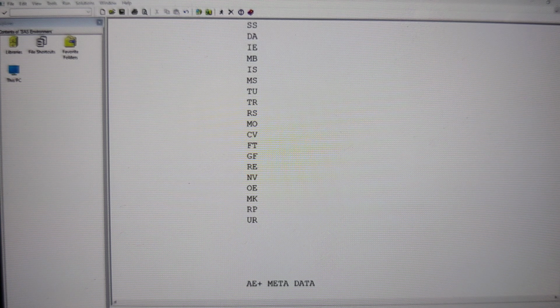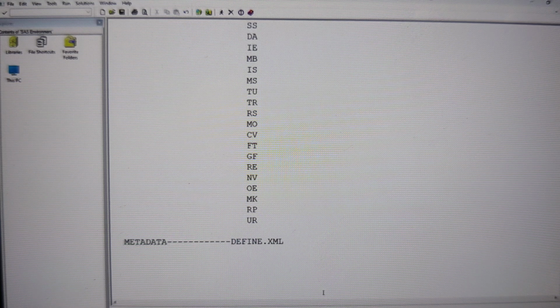But those six attributes are not enough when it comes to the CDISC submission, when it comes to SDTM metadata submission. That's why PROC CONTENTS is not good enough to get the metadata of an SDTM dataset. Then how to get the metadata? Previously, we used to write a SAS program to get the metadata. But the FDA is asking us to submit all this SDTM metadata in the form of define.xml. They will ask you to submit the metadata in XML format.